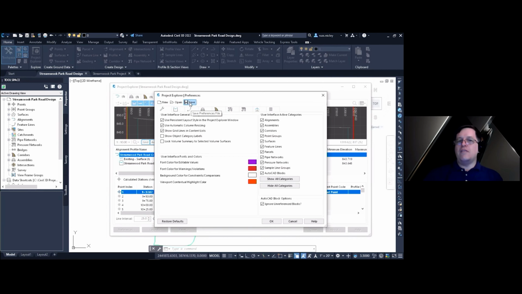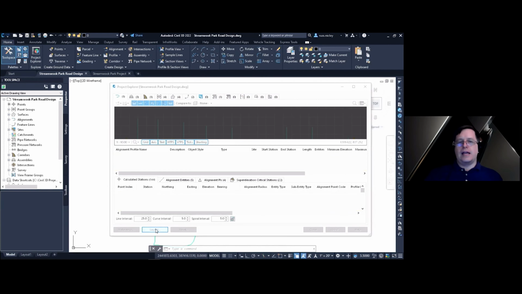Importantly, there is a save button, so you could save your preferences the way that you want them, for you to reuse later on. Maybe you have a couple different preferences for different workflows that you use. You can do that and just use the open command to bring it back. Or if you're setting this up for an organization and there's lots of users that you want to have a specific custom view, you can set that up and share that with other users.